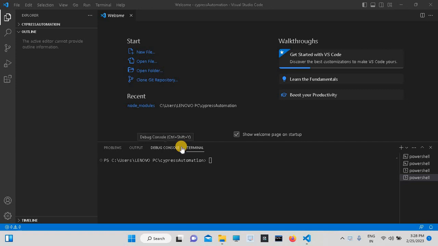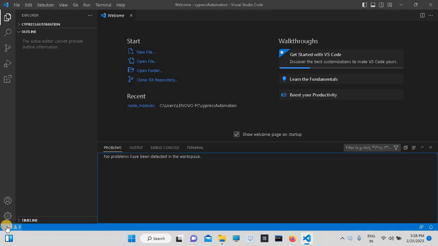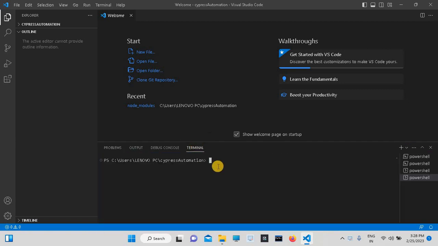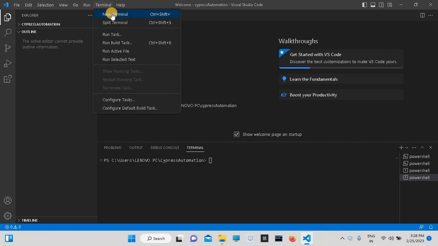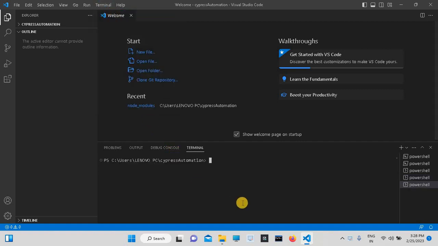Hello everyone. In this tutorial we are going to discuss how to verify whether Cypress is successfully installed in our system or not. First of all, open the terminal. You can open the terminal from here, or just click on Terminal and it will open. Another way is to click on Terminal and then click on New Terminal. Here you have to type one command,